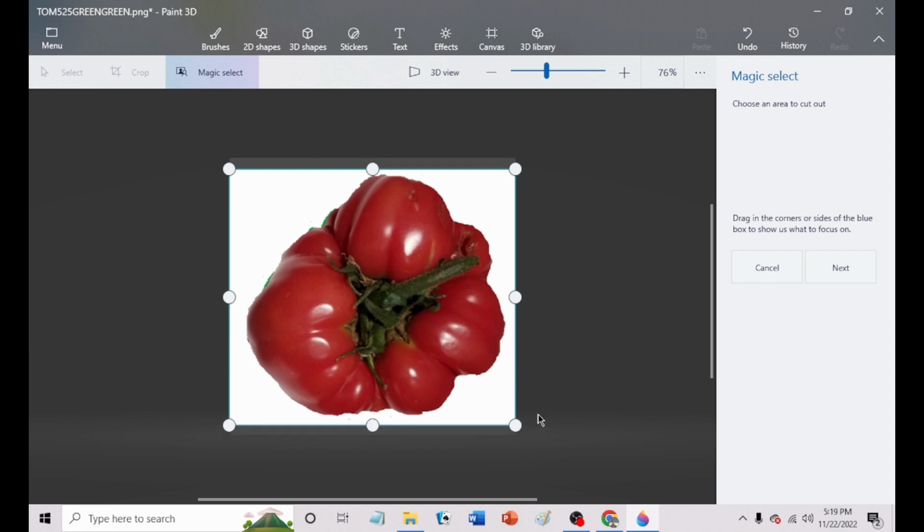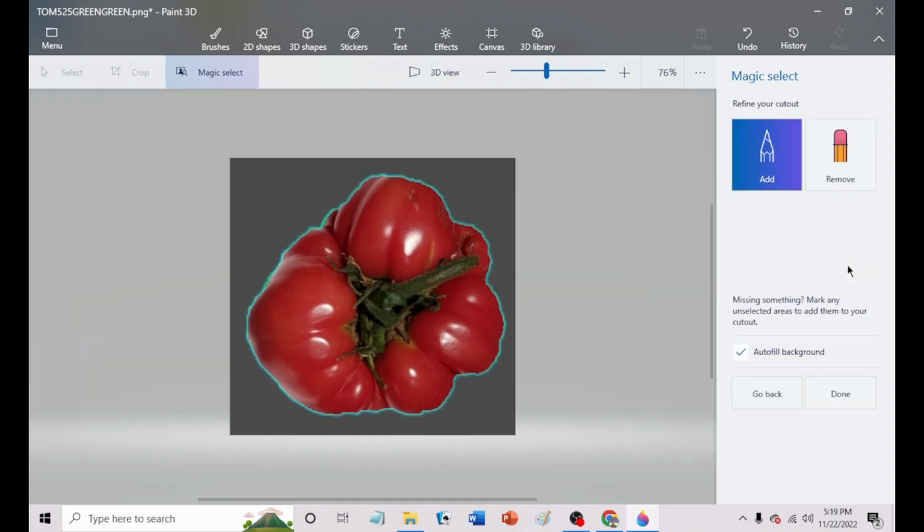We really don't have to do that. Then we're going to click on Done or Next. Okay, and now you can see there's a line around our tomato, and our background has changed to a dark gray. We have actually separated two layers. We have our background layer, and now we have the inside, the line layer, and we're going to go Done,